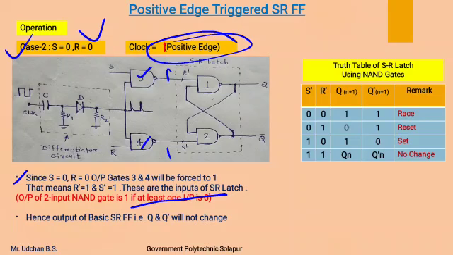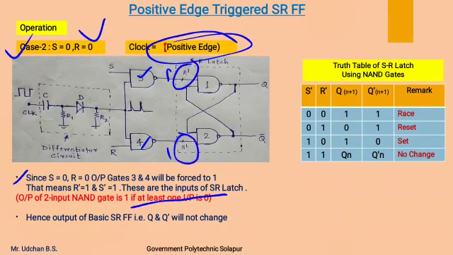So in this case both the NAND gates 3 and 4 have at least one input 0, that is, S is 0 for NAND gate 3 and R is 0 for NAND gate 4. Therefore the output of both these gates will be 1,